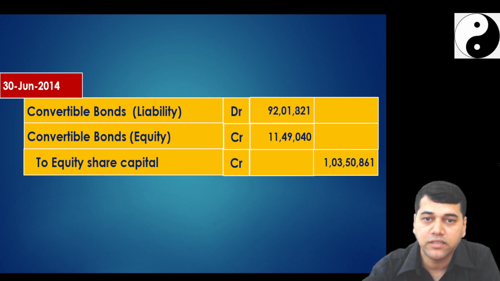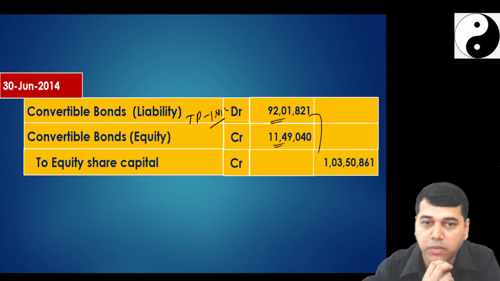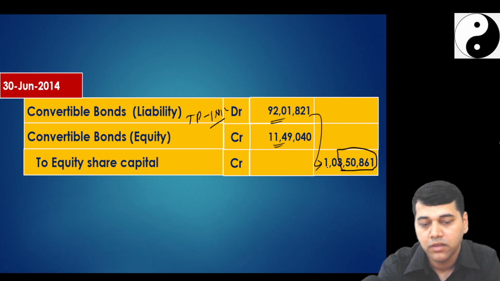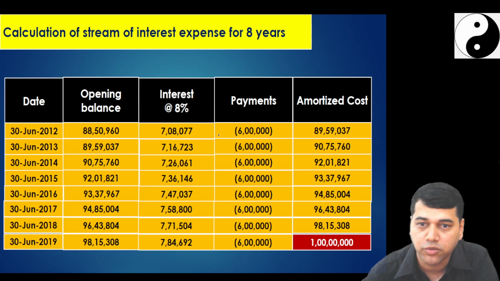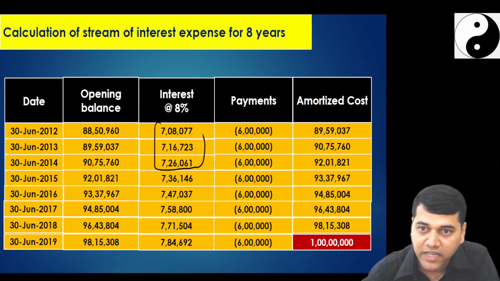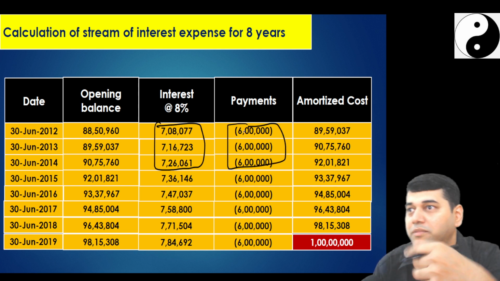I converted this. So my transaction price is 1 crore, INR 1 crore. 92 lakhs plus 11 lakh whatever equity. So how much total extra I got? 3,50,861 is extra. This conversion happened at the end of third year. I'll go back to the previous amortization schedule. You take these three interest minus 18 lakhs, you are going to get that exact